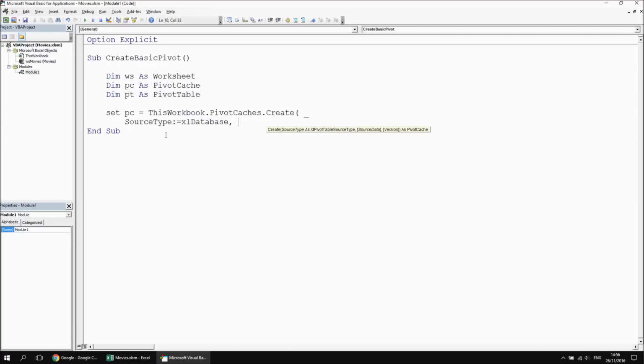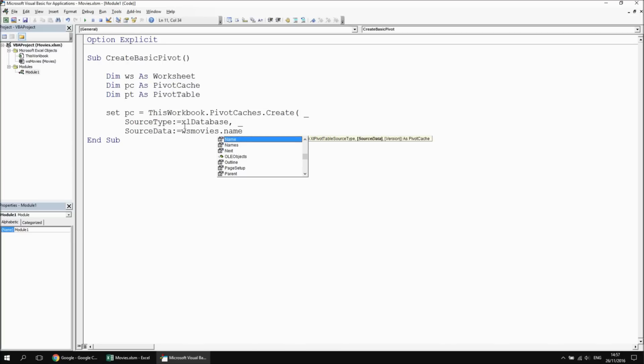The source data then, because these are internal Excel cells, we need to refer to the cells that contain all the data. So that's all the cells on Sheet1, my movies worksheet, WSMovies. Now although I can use a range reference here, Microsoft's recommendation is to use a string of text which represents the address of the cells that you want to base your data on. So the simplest way to do that, I think personally the most robust way to do it, is to say